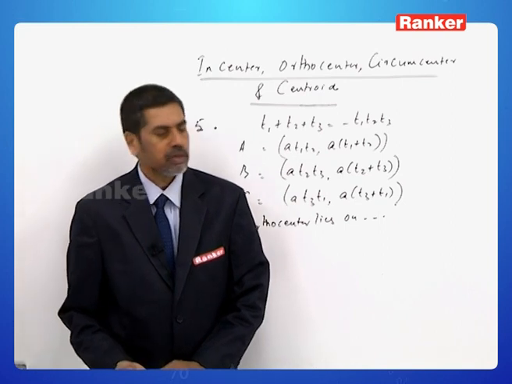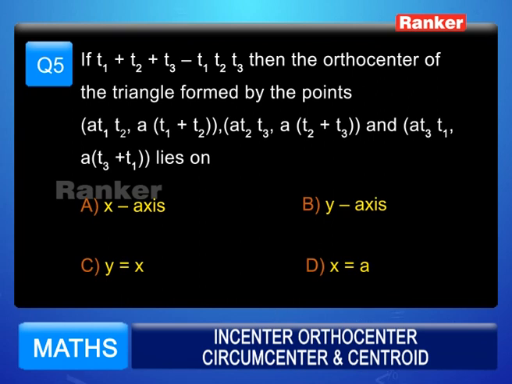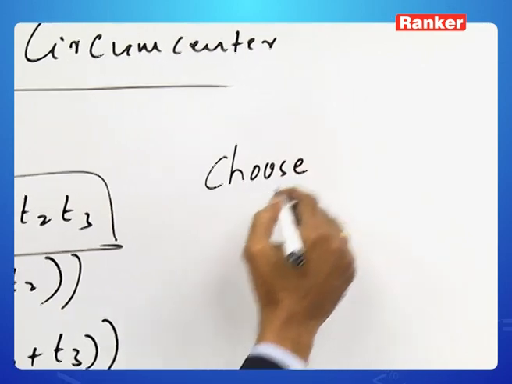Question number 5. Now here slightly typical, as you can see, the moment these parameters come, a student is generally worried, but you have to do it intelligently for a competitive exam. Now first let us look at this condition which is given between the parameters. Now you can cleverly choose a combination. Of course, many possibilities are there. So what you can do is, you can choose